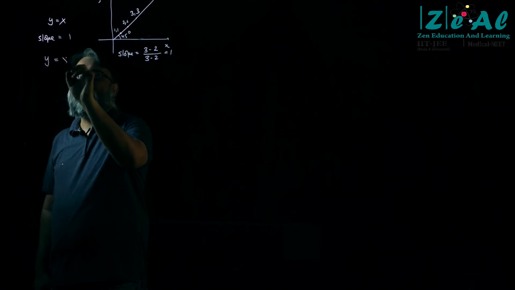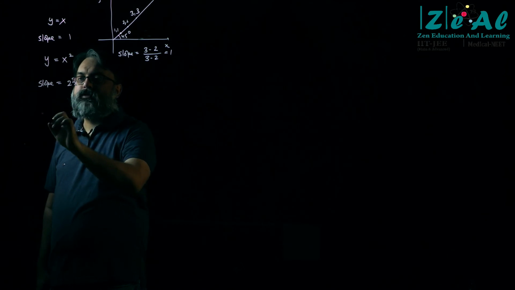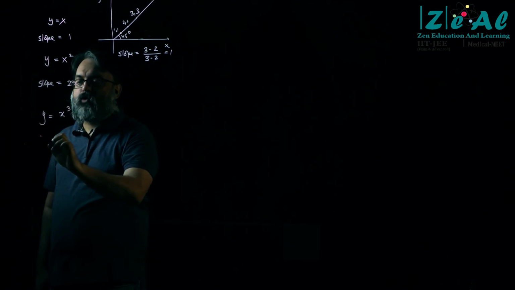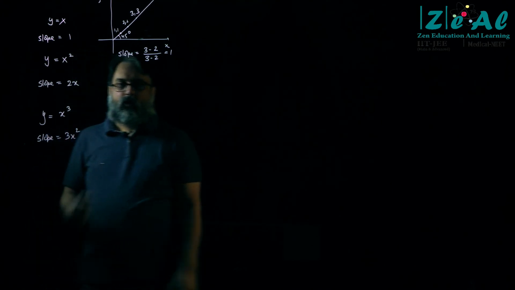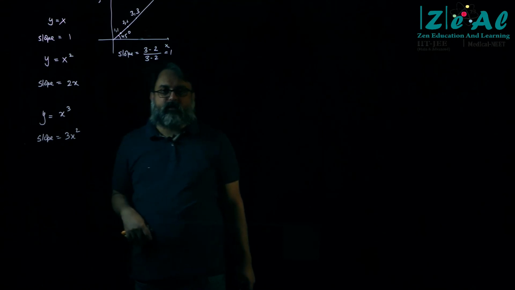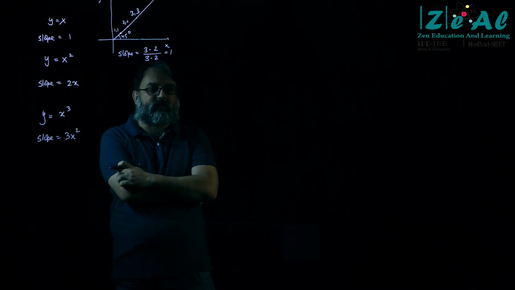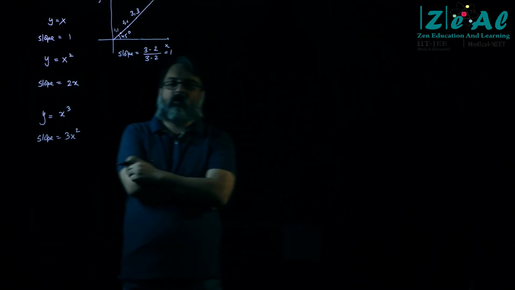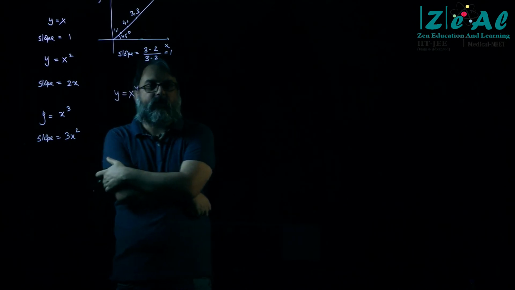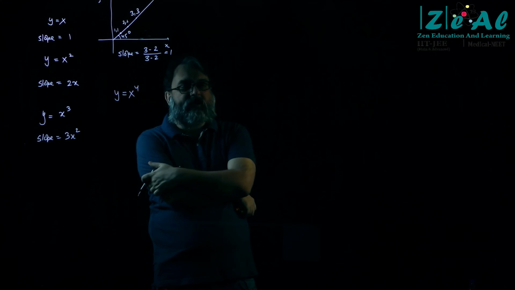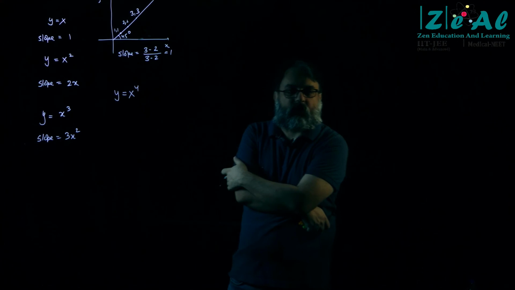Y is equal to x square, right? We found that the slope was equal to 2x. Y is equal to x cube, we found that the slope was equal to 3x square. Okay. Now, I want you to use your powers of deduction, and in the last class we talked about looking at patterns, right? So what will be the slope of y is equal to x to the power 4? Please tell me, please type, look at the pattern and tell me the, very good, yes, excellent,